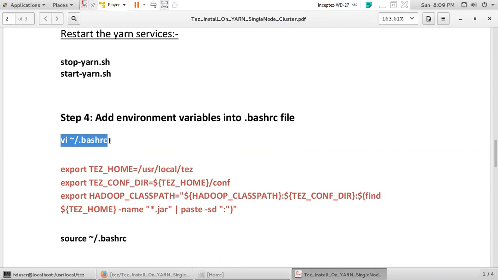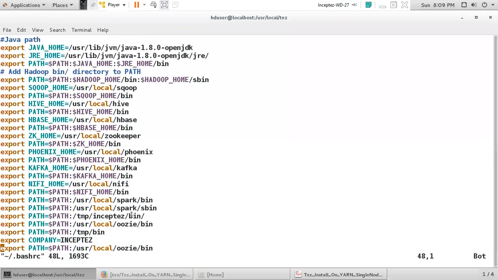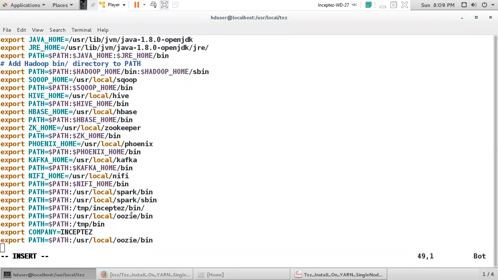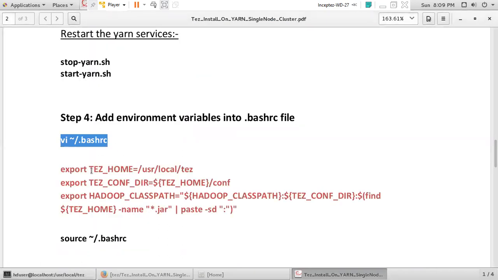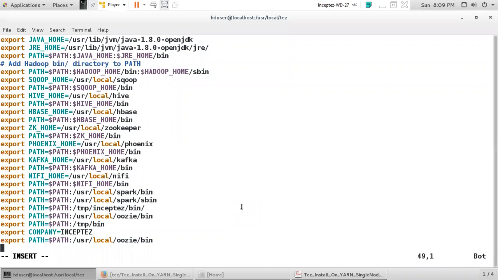So I open the bashrc file in the home path, go to the end of it, and in insert mode I can copy the 3 variables: test_home, test_conf_dir, and Hadoop_classpath. I can copy all those and paste them.